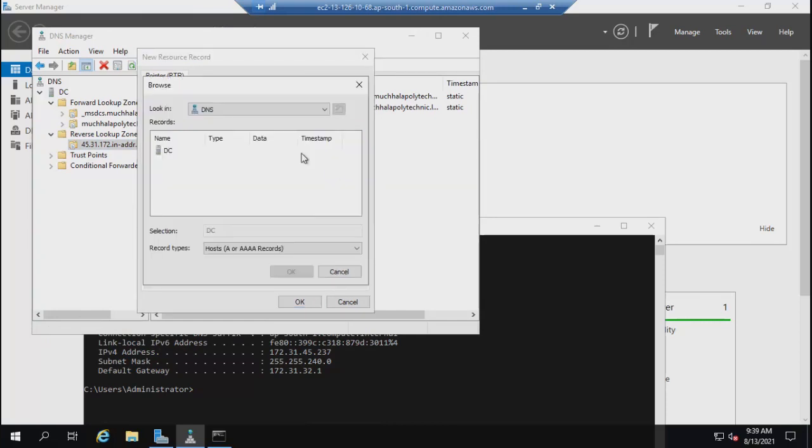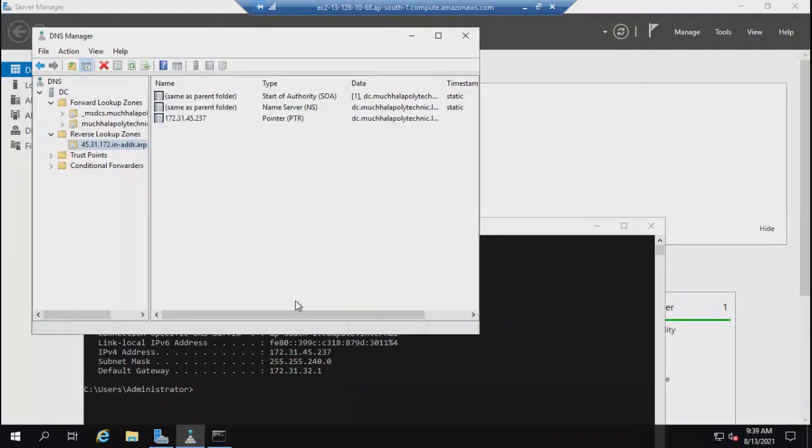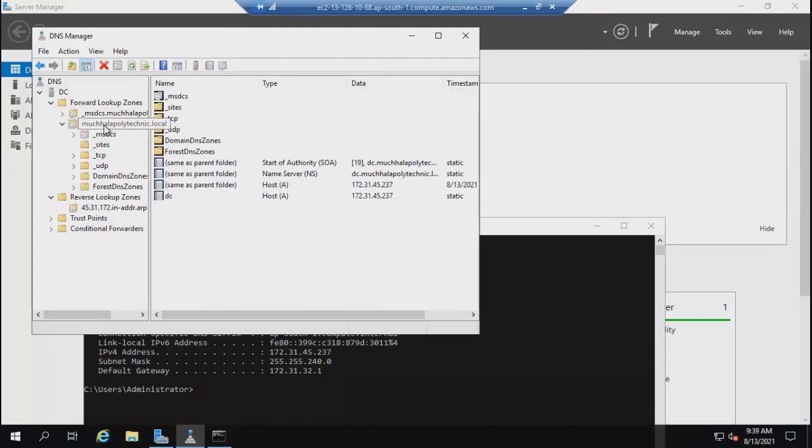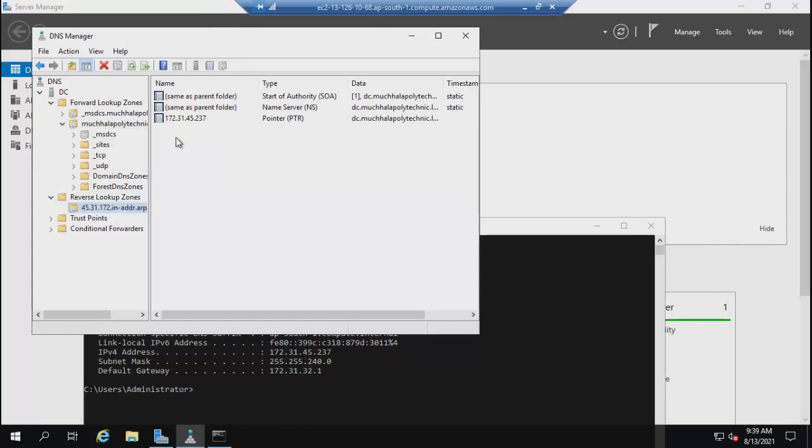So I can go here in the DC forward lookup zone and I'll find this DC. I'm saying OK and OK. So this is the record IP to name. And this record is what? Name to IP. So domain name to IP is what? Forward lookup zone. And then here if you see it is IP address to your domain name. That is what? Reverse lookup zone. Okay.